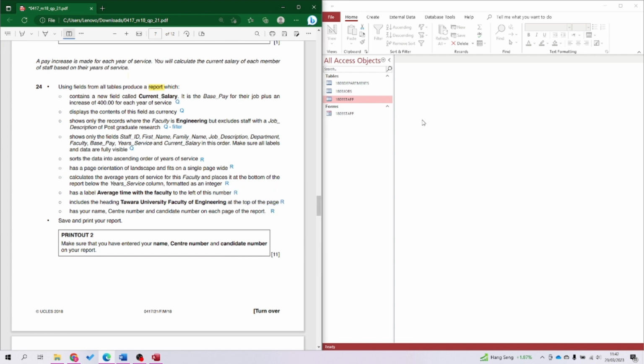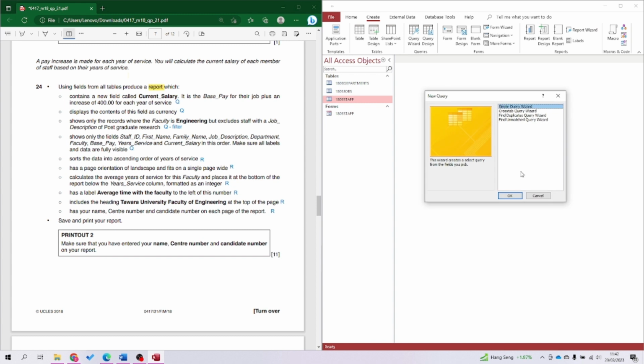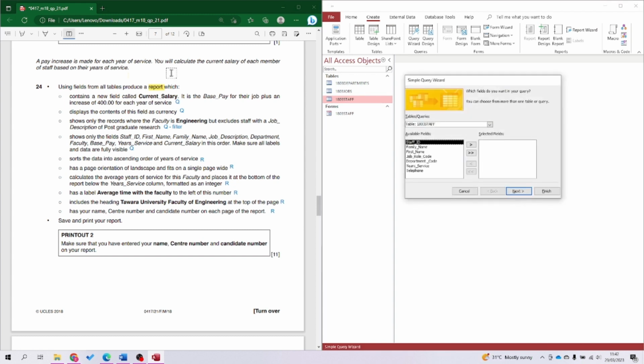Okay, so to create query, go to create, then you have query design and wizard. So click on query wizard and simple, press OK. Then we're going to follow a specific order because here they say show only the fields staff ID, first name, family name, and so on in this order. So staff ID, double click. It can be from different tables. You can change the table here. Okay. Staff ID, first name, double click, family name, and then job